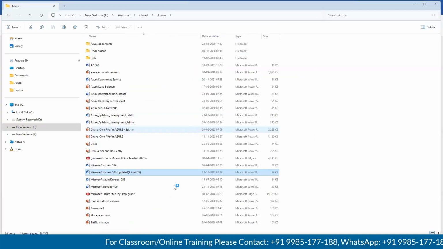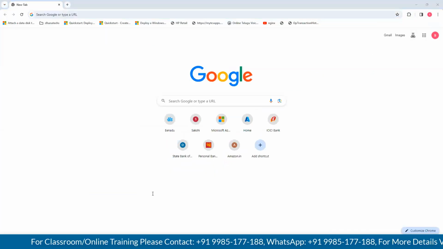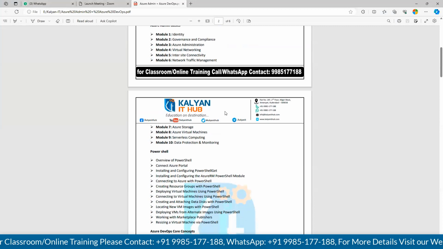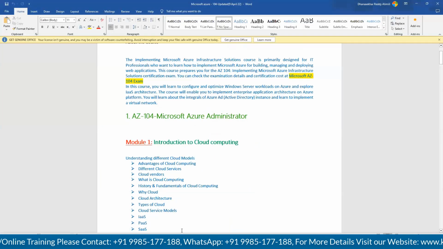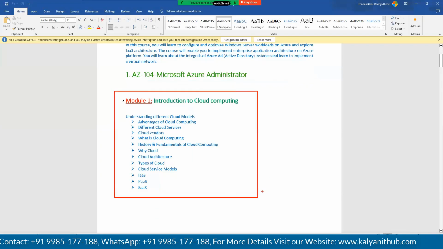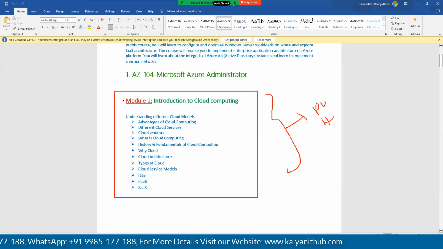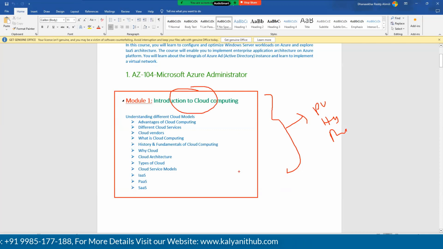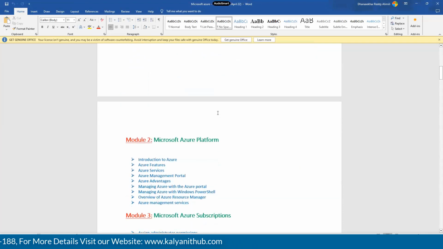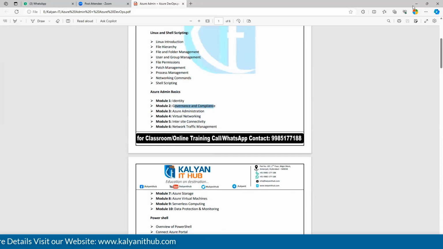So this is the same syllabus which I have completed. I just opened it now. This one and this one are both similar, but I have expanded it; apart from that, nothing. First thing, the introduction to cloud computing. Yesterday we discussed it, right? There are three types of cloud computing in the market: public cloud, hybrid cloud, and private cloud. The types of service models are IaaS, SaaS, and PaaS. That is the first module, and we will compare them. Second is governance and compliance.